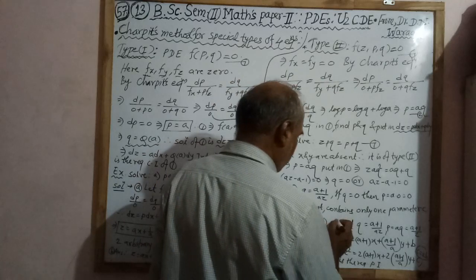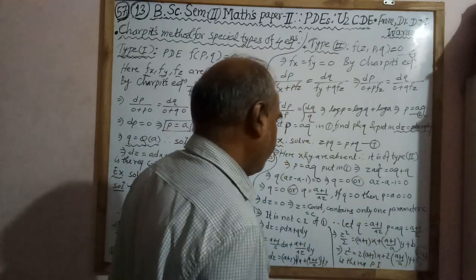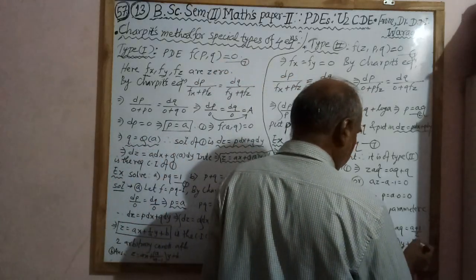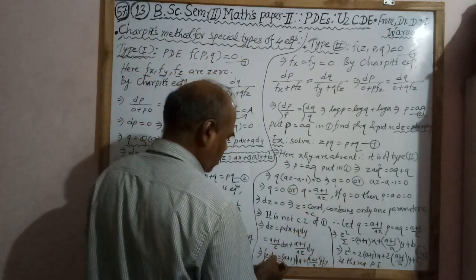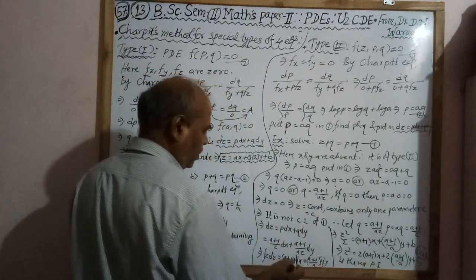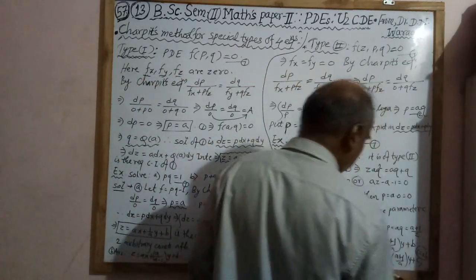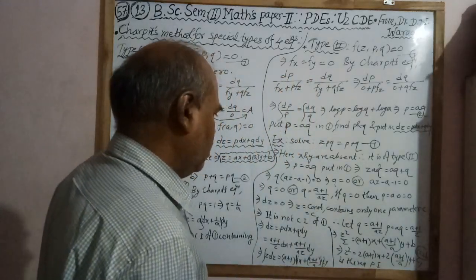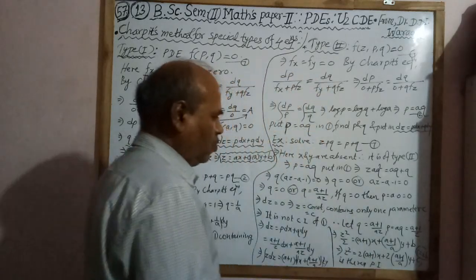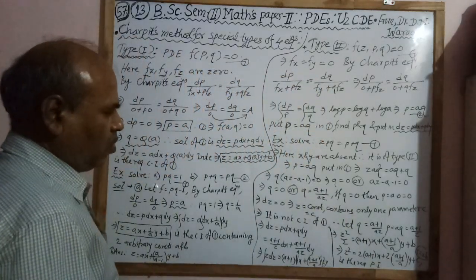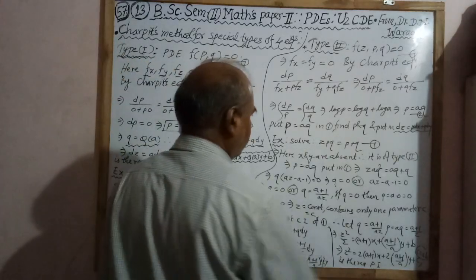Then we consider the second value, q equal to (a plus 1) divided by az. Then p equal to aq, therefore (a plus 1) divided by z. Put the values of p and q in this equation and multiplying by z on both sides, so we get this. And integrating we have z square by 2 equal to (a plus 1) into x plus (a plus 1) divided by a into y plus b. Multiplying by 2 on both sides, we have this, which contains the two constants a and b. Therefore it is the required complete integral of equation 1.